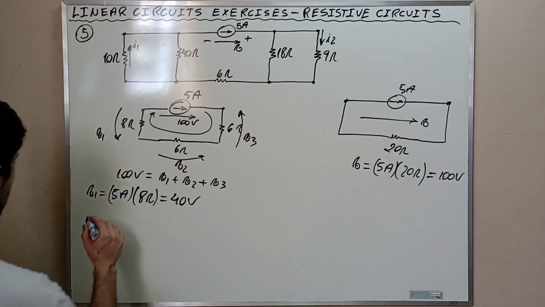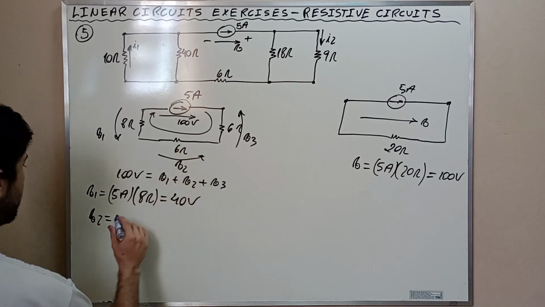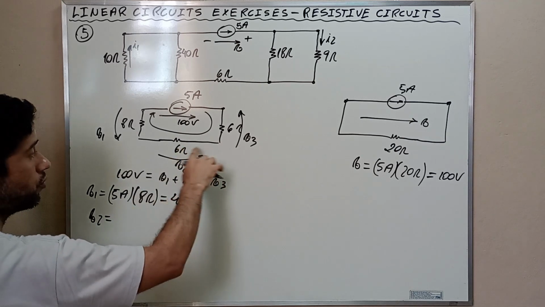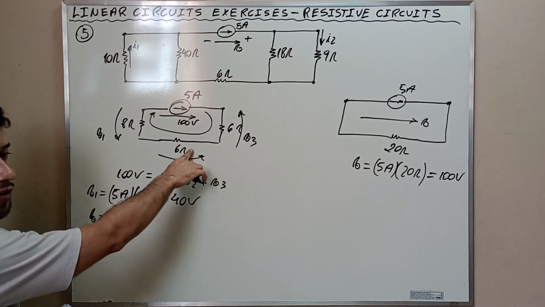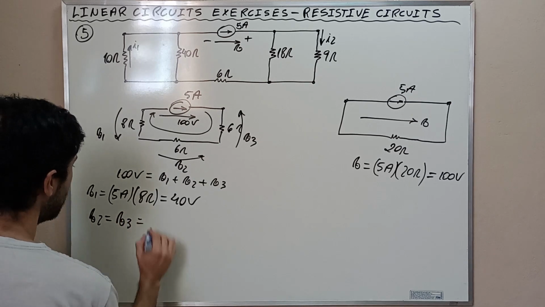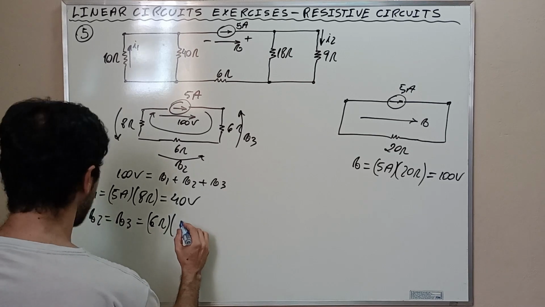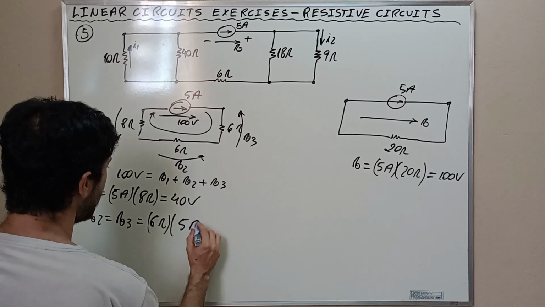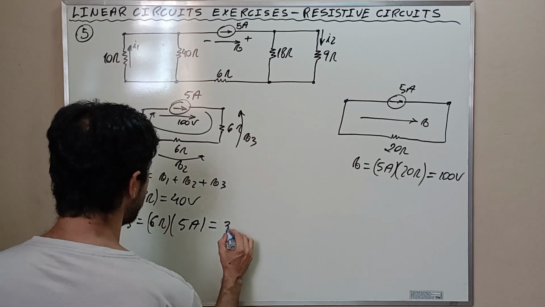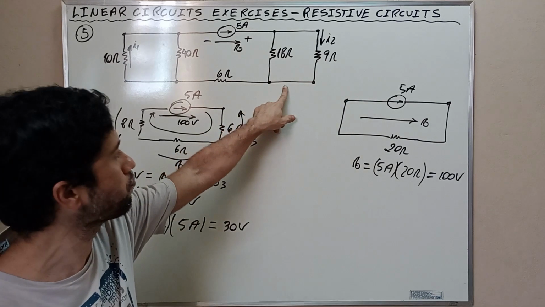Likewise, for V2, we know that the voltage V2 is going to be equal to the voltage V3 because it is the same resistance and the same current. V3 is equal to 6 ohms times 3 times 5 amps, and this is equal to 30 volts. Okay, my friends, and now we are going to return to the original